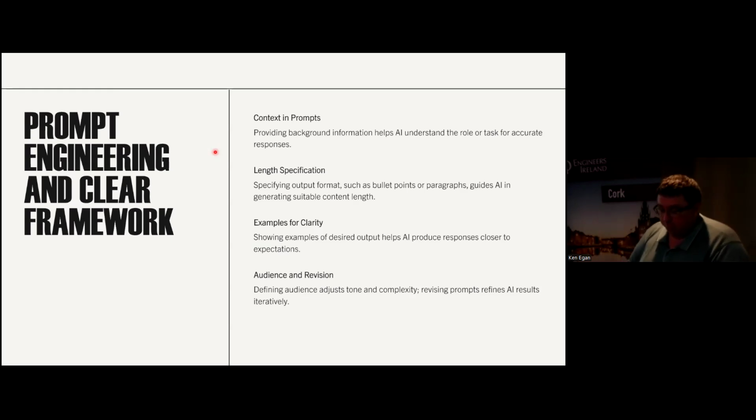Then you have an example, right? So provide examples of what you want or don't want. So if you're saying, I want to generate a report, prepare a report for me, or I need a structured report on whatever the code is, it will tailor the result based on that. And then the action: clearly, what do you want the AI to do, right? Do you want a report? Do you want a table? Do you want a PowerPoint presentation? What is it that you actually want?